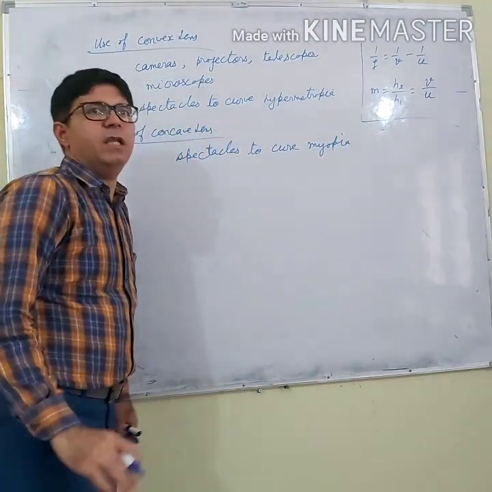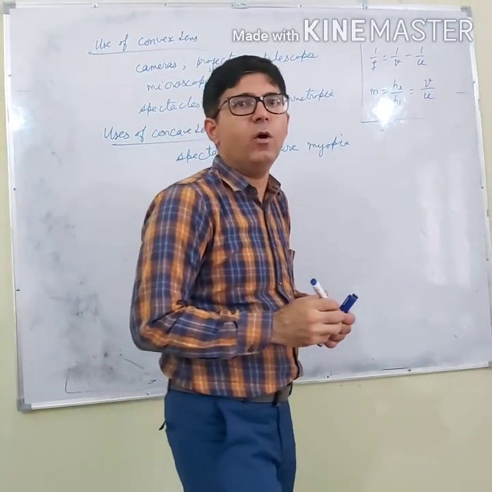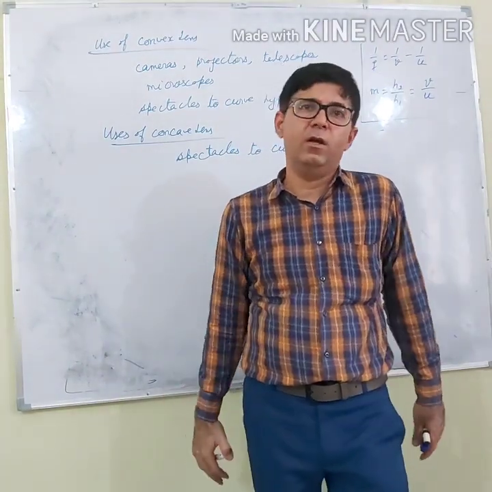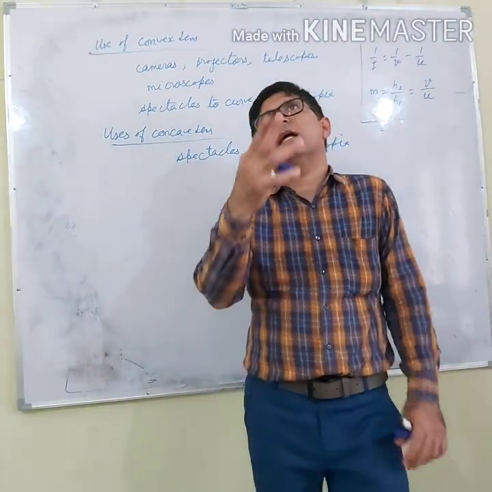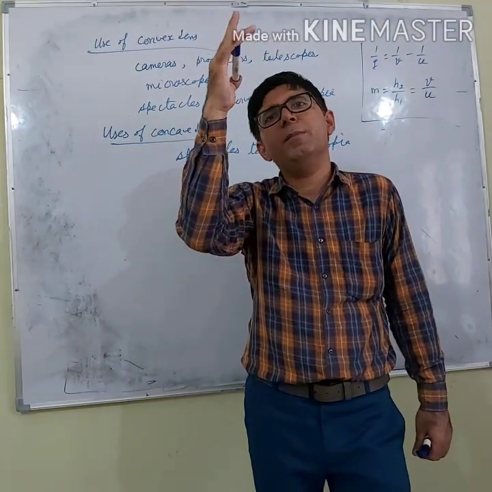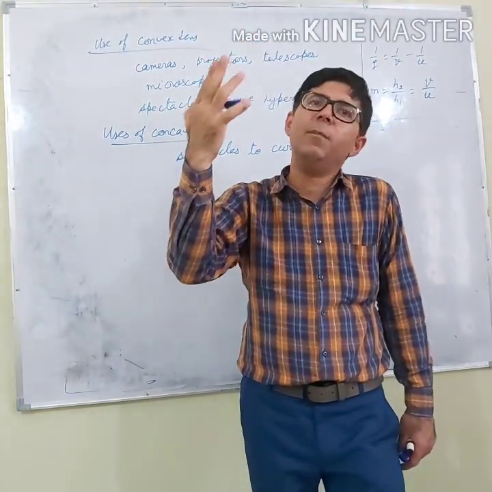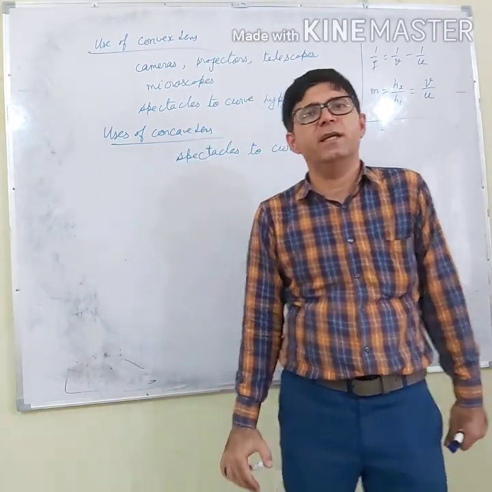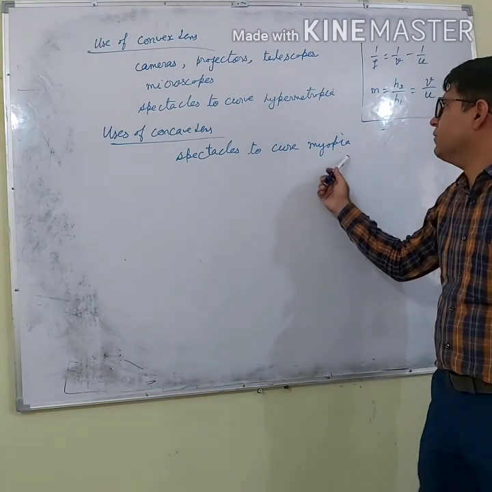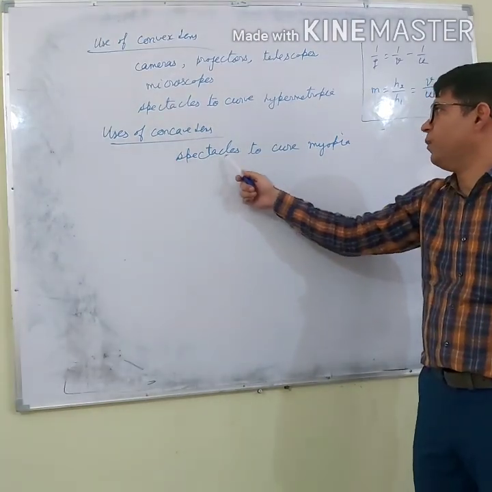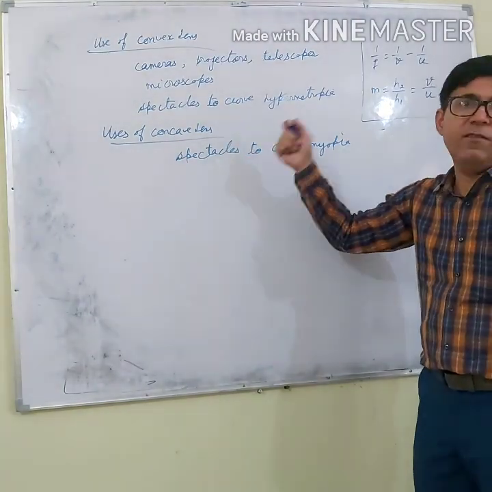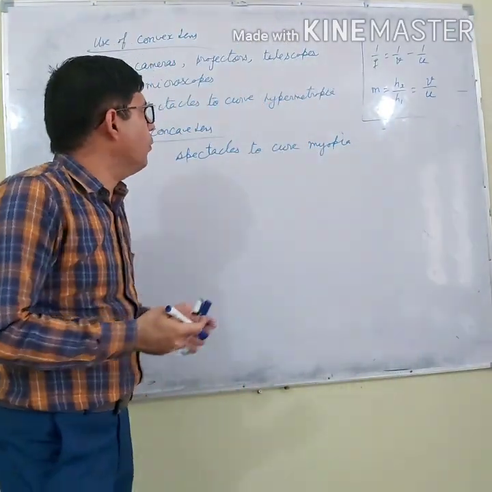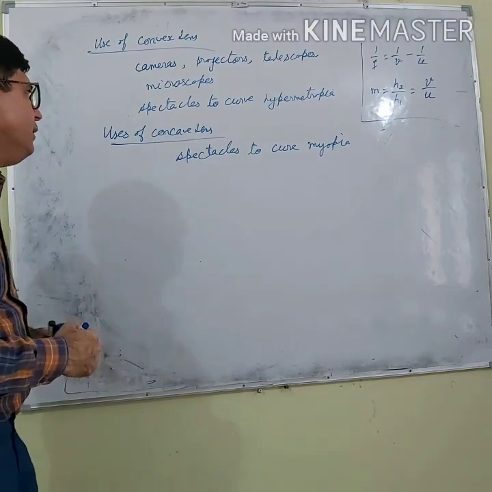Myopia is a disease in which a person is able to see the nearby objects, but he cannot see the far away objects distinctly. If you look into the sky, there may be many stars, but to him they will appear as a single star, because he can't see the far away objects clearly. To cure this, what does a person require? Person requires to use the spectacles of concave lens, right? And this myopia, hypermetropia, you will read in the next chapter.